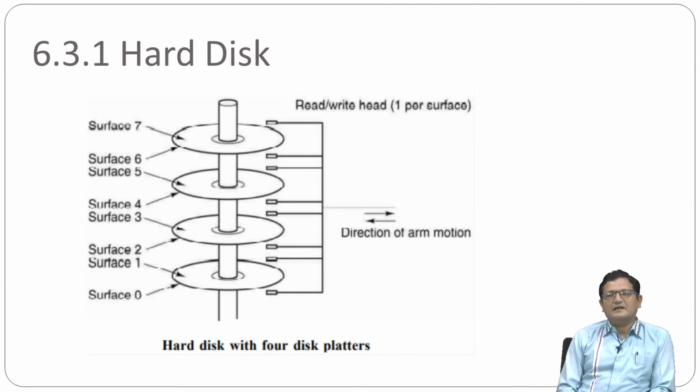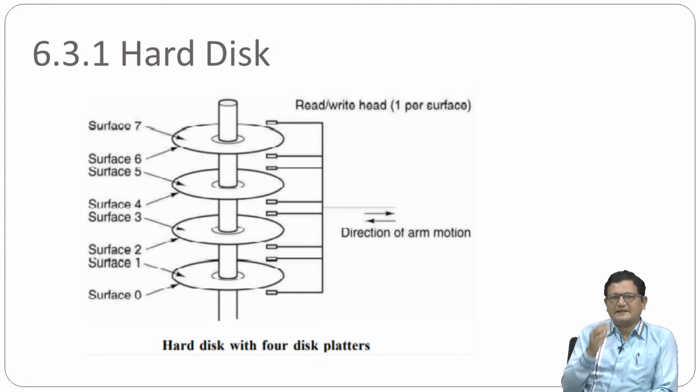Now see, it is not like there is only one platter, there are multiple platters. So this is a stack of platters, and on both surfaces of the platter the data can be read or written. We can write data on both surfaces of a platter. To perform read or write operations, there is a central shaft, right? The central shaft rotates all the disks together. The central shaft is connected with the motor, and the motor rotates the entire spindle, which has multiple disks, together.